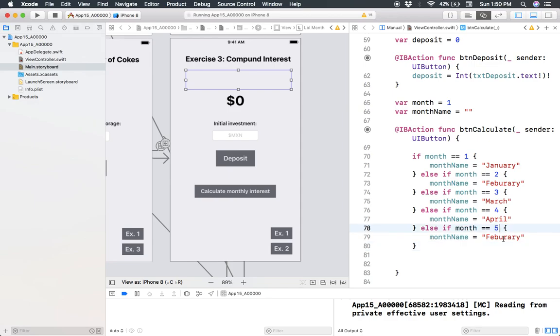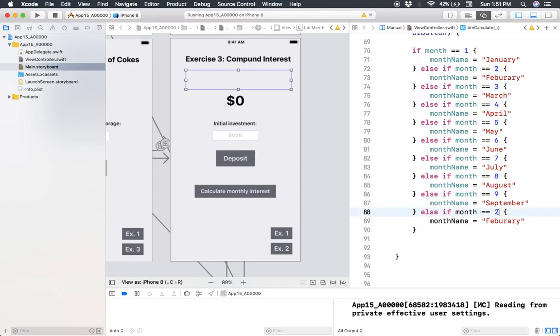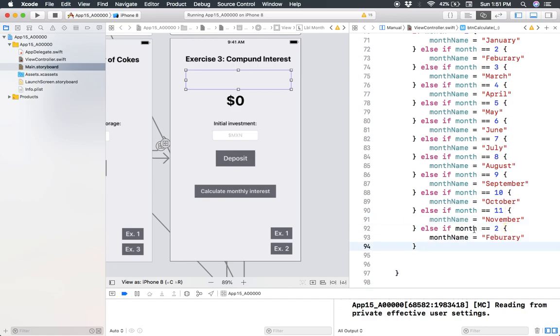If it's 5, May. 6, June. 7, July. 8, August. 9, September. 10, October. 11, November. And finally 12,